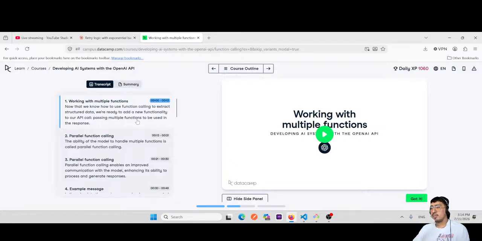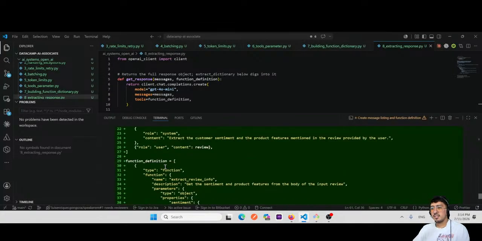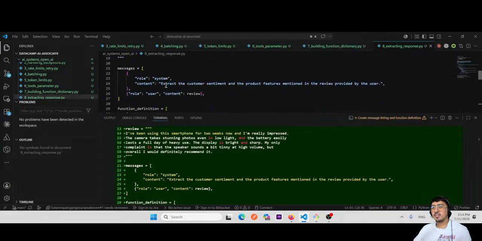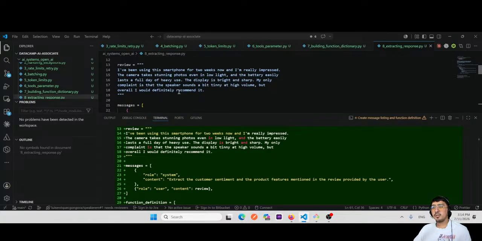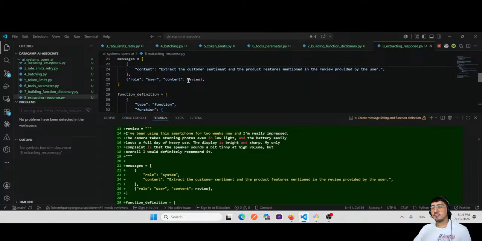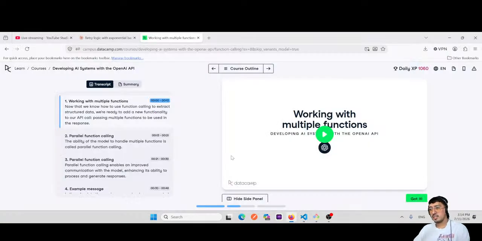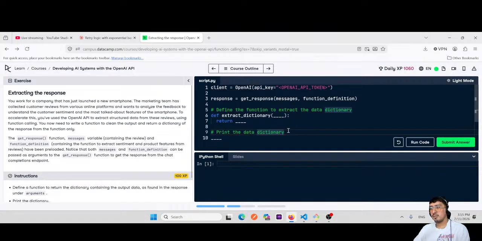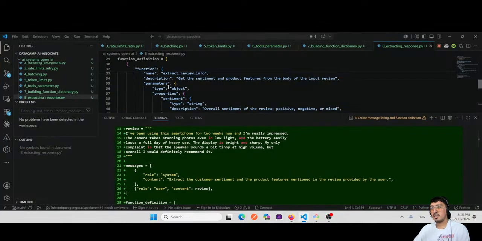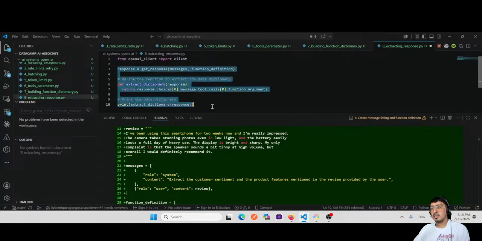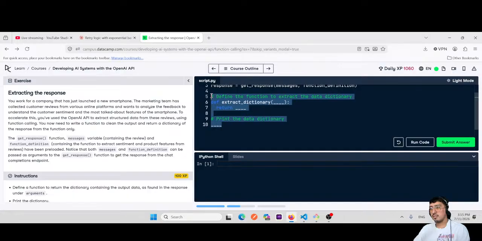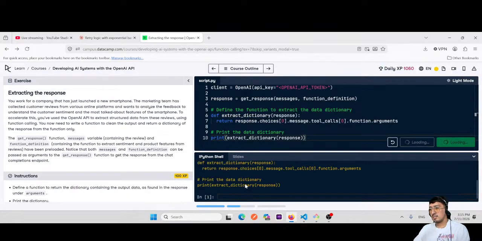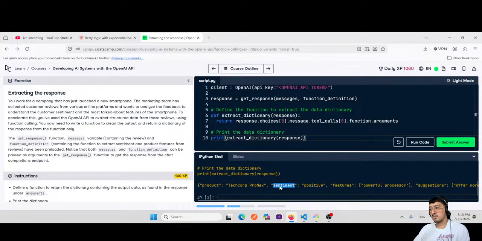Working with multiple functions. Okay, this is gonna get more interesting. So here in data we have the review. In this case we had just one review, and wait, I'm gonna come back one previous because I need to make sure that I need to do this, and I just want to